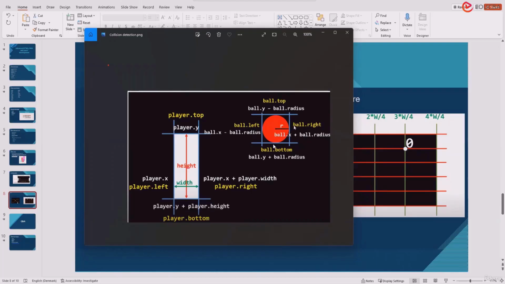And for the ball, how do we find the top, right, bottom, left of the ball? So this is the ball and this is the radius r. The ball.top is going to be ball.y minus ball.radius. And the left is going to be ball.x minus ball.radius. And the right is going to be x plus radius, because this is where the left starts. So it starts with the radius, and then this is going to be x plus radius, and ball.bottom is going to be ball.y plus ball.radius. So this is a very simple calculation. If we just catch hold of this, it's going to be very simple to bring out the logic